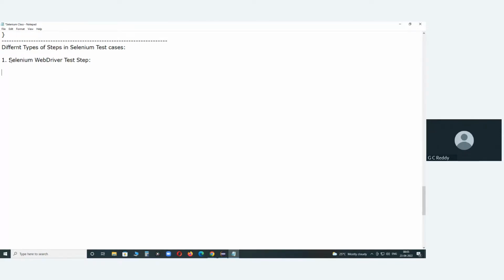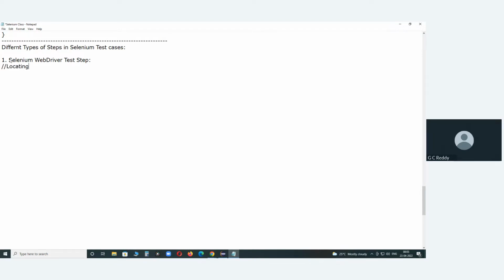For example, enter username. That is a Selenium test step. For that we use driver.findElement, name of username dot sendKeys like statement. Enter password. Next, click login button. Like in this step,